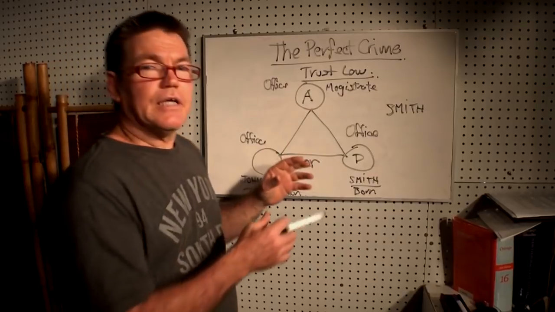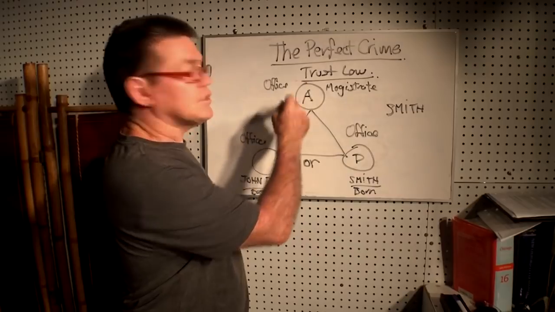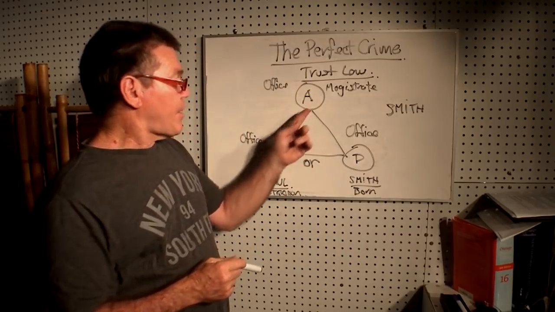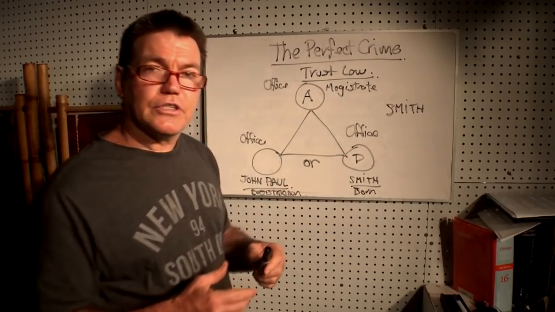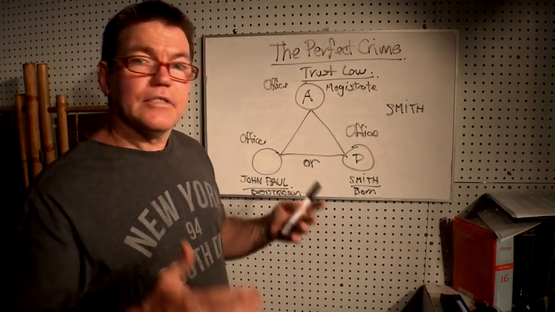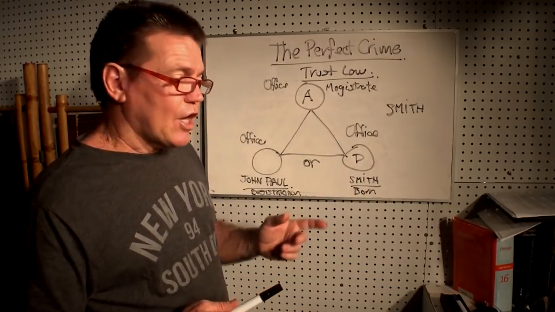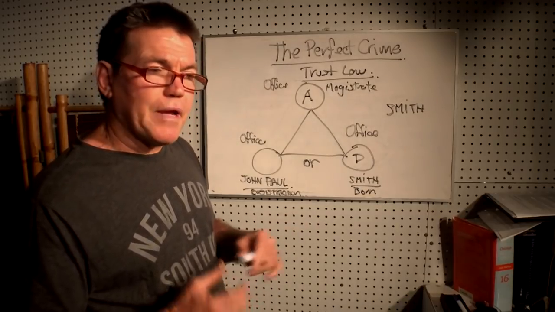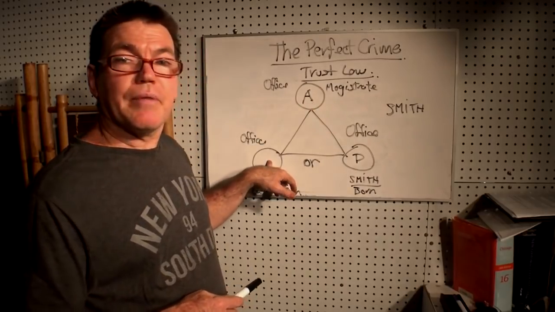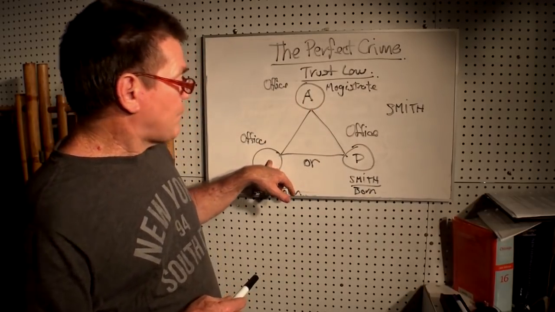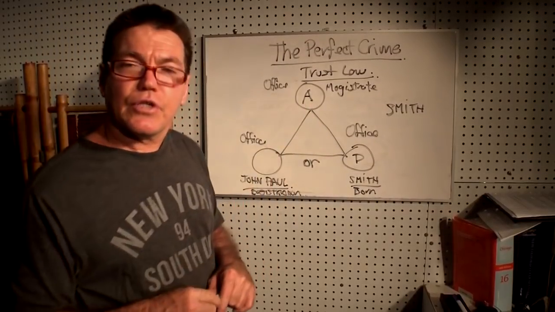So what happens is that allows the trust to still work, because the office of administration, the administrator, the office of the creditor and the office of the debtor still constitutes a three-party trust law setup. So the trust is fine, but there's only two people at home in each of these offices. This office remains empty. Now when this office remains empty, what that turns the magistrate, and this is the crime,